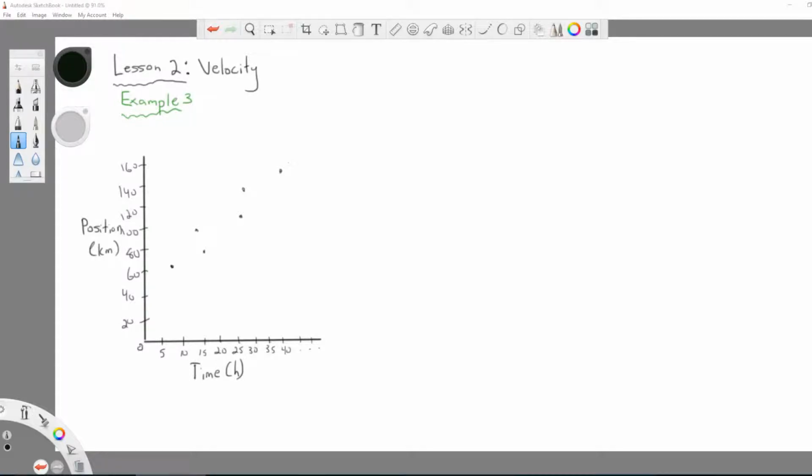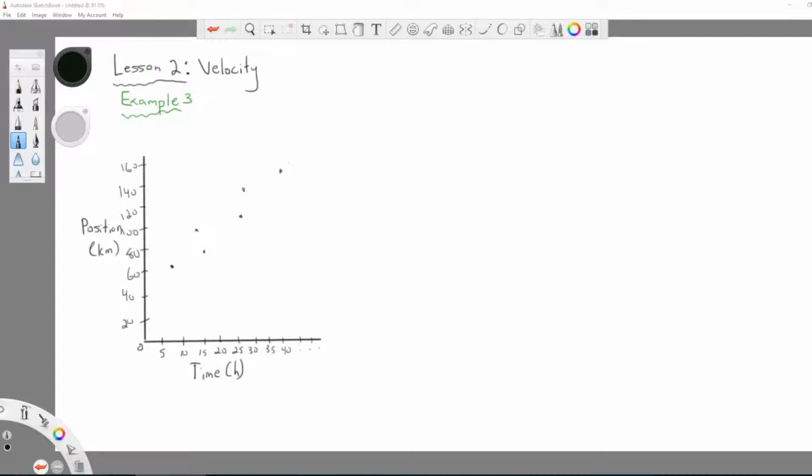All right, welcome to Lesson 2, Velocity, example number 3. This is the last example for this lesson, and it's going to be discussing the relevance of the slope on a position time graph. No surprise with the name of this lesson, the slope of a position time graph correlates to the